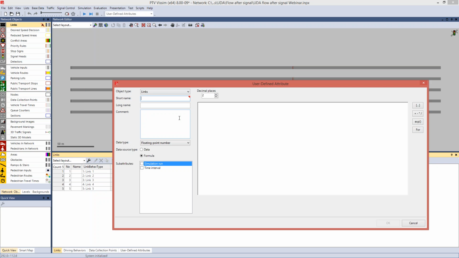Now I will fill these fields here, the short name. I will write my label. Long name, I will see it in the list. I can write some comments, and as a data type, I will switch to text because I want to use this attribute as a label. Here I want to insert some text. For that I will use quotation marks, and here I will write Wiedemann 74AX